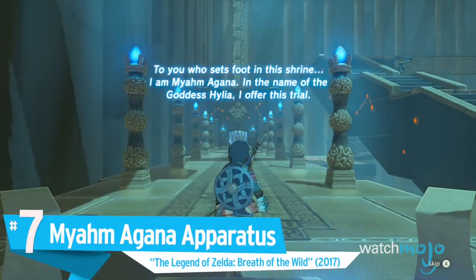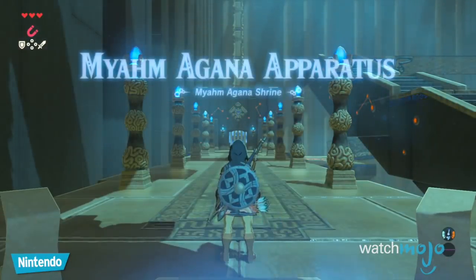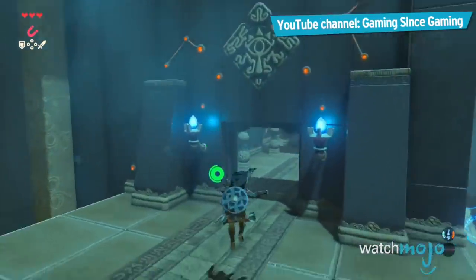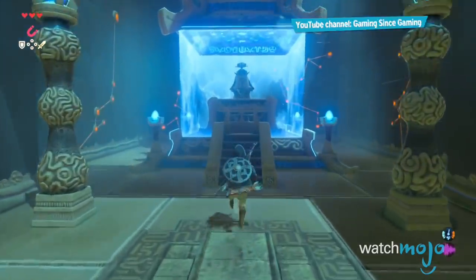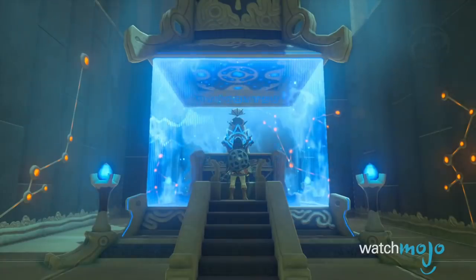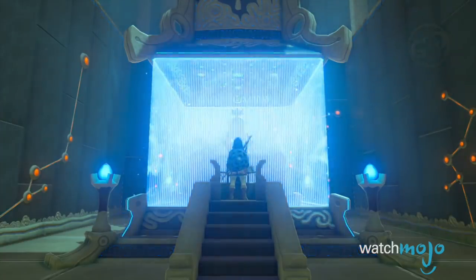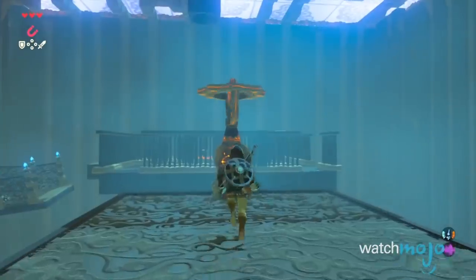Number 7, Myahm Agana Apparatus, Legend of Zelda, Breath of the Wild. There's no fate more terrible than having to solve a puzzle with janky motion controls. In one of the countless shrines in Nintendo's massive open-world adventure, Link is forced to take a break from exploring, fighting, and horseback riding to solve what should be a fast and simple puzzle involving navigating a ball through a